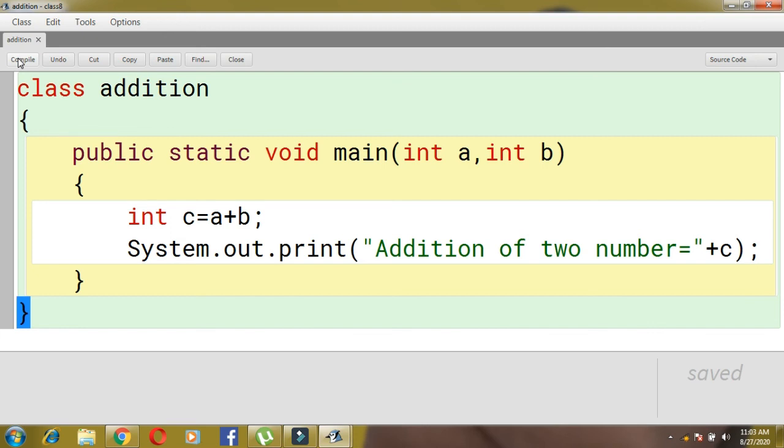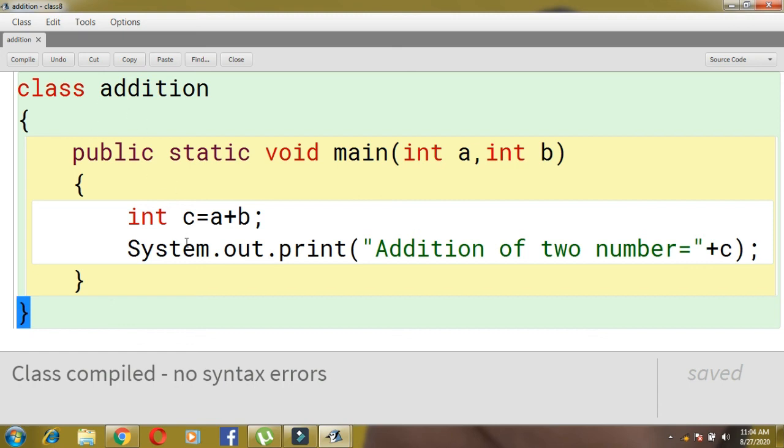So after completion of the program, we'll go for compile, because children, the user definition helps us, or allows us, to write the program we have written. Now we'll compile the program. See children, in compilation, we have written the program in human understandable language, that means high level language. This part should be converted to machine language. For converting into machine language, a compiler is required. So we have clicked on the compile option. In the compile option, this part will be compiled and converted to machine language.